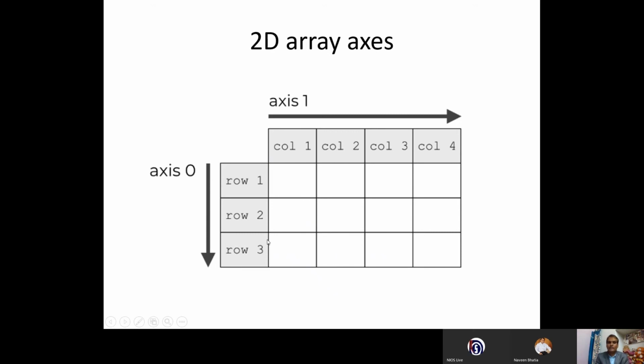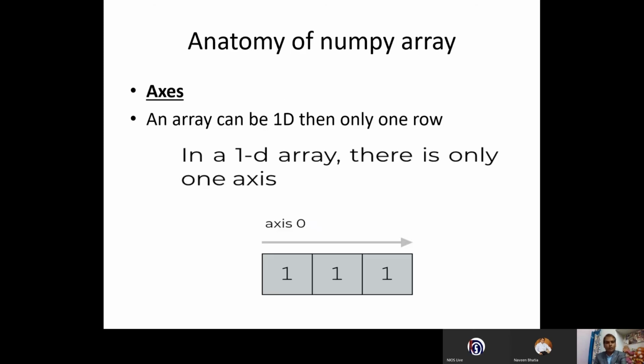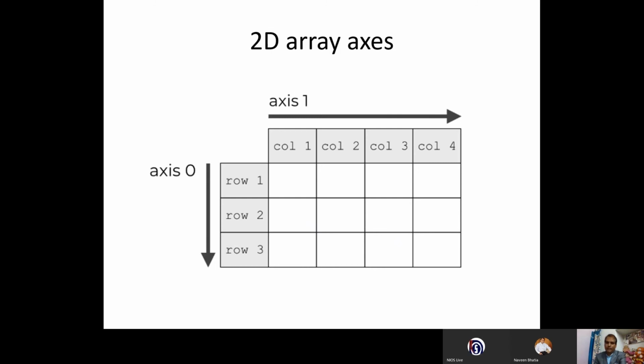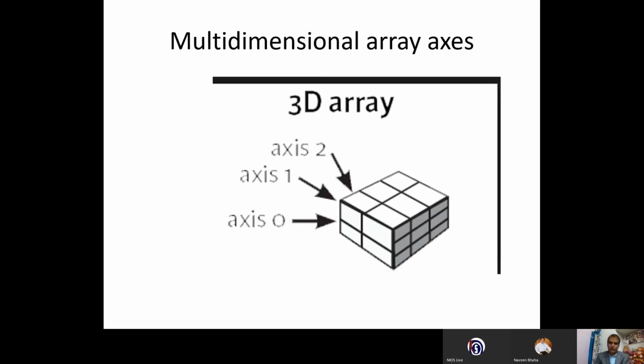This is row number 2. This is row number 3. Multiple rows are there and multiple columns are there. This side is called axis 0. This side is called axis 1. This is called a 2D array. So, 1D array and 2D array. At the same time, there is a 3D array, a multi-dimensional array example, where x is 0, x is 1 and x is 2 will be there. They are called a 3D array. Don't worry, we have an example so you can understand 1D array, 2D array, 3D array or any other dimensional array, like a 4D array, that also can be. You understand, right?